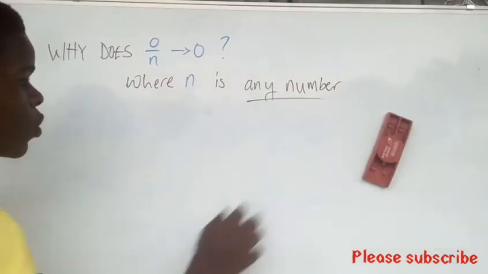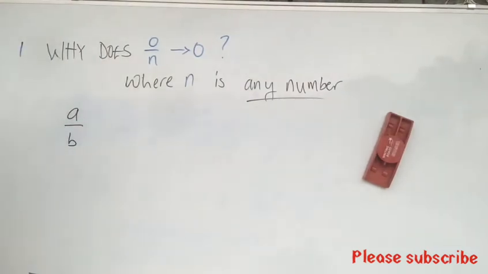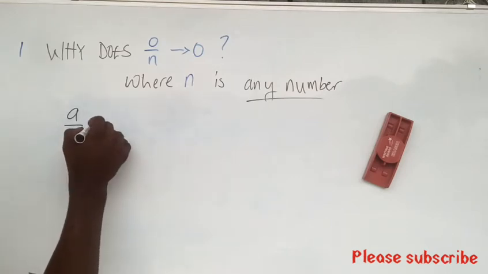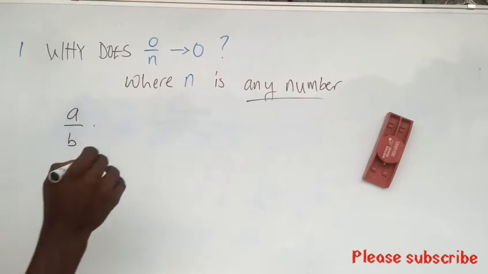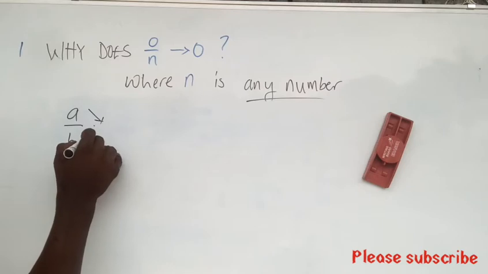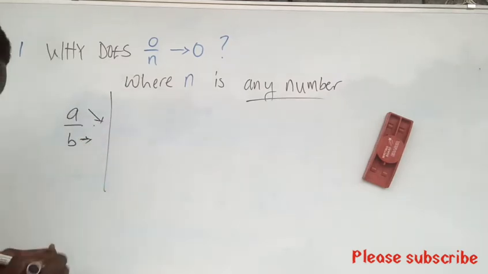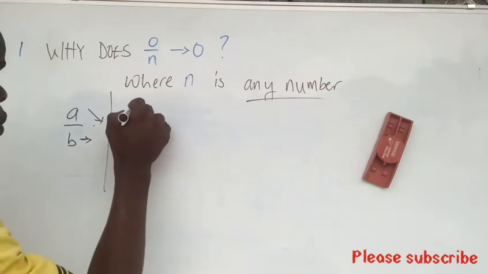For example, now you have a fraction, let's say a over b. In this fraction, the denominator is constant, while the numerator gets smaller. For example, let's have